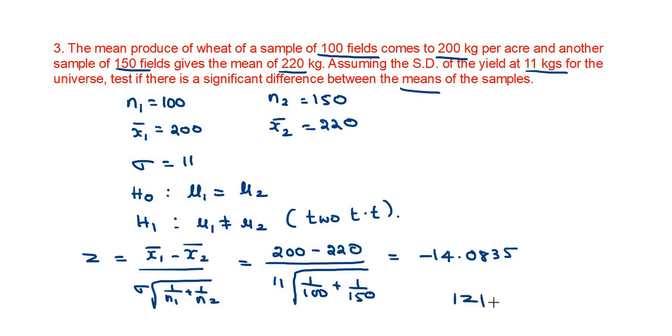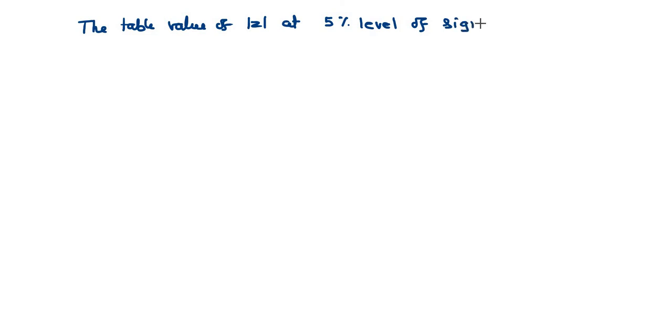So what is mod Z? Mod Z is equal to 14.0835, or 14.08. The next step, write the table value. Here the level of significance is not mentioned, so we'll take the 5% level of significance. The table value of mod Z at 5% level of significance is